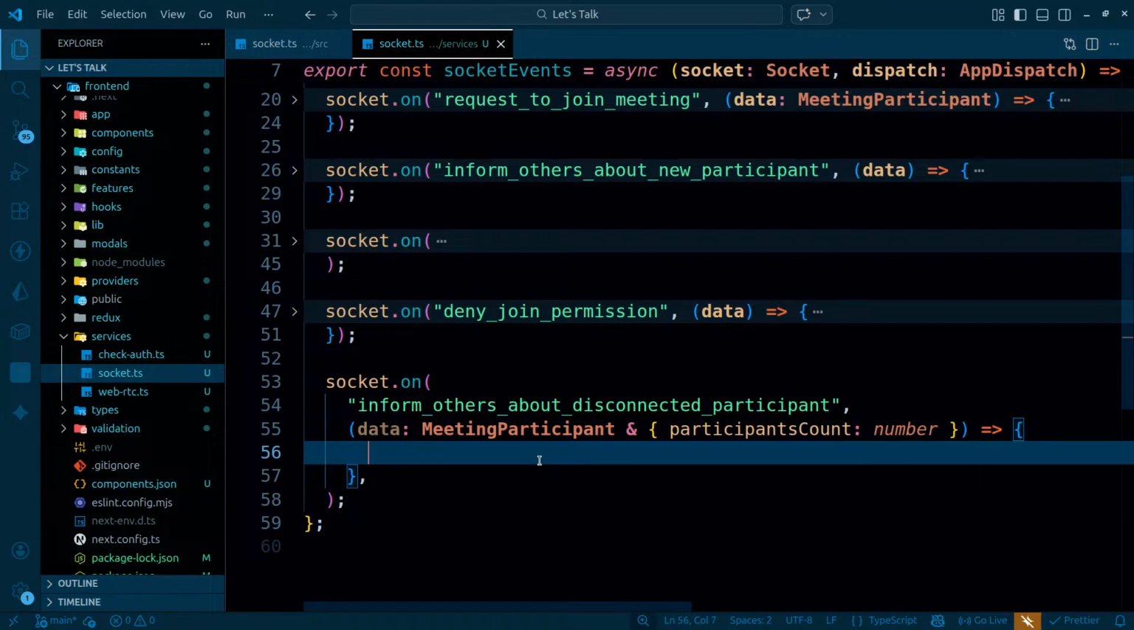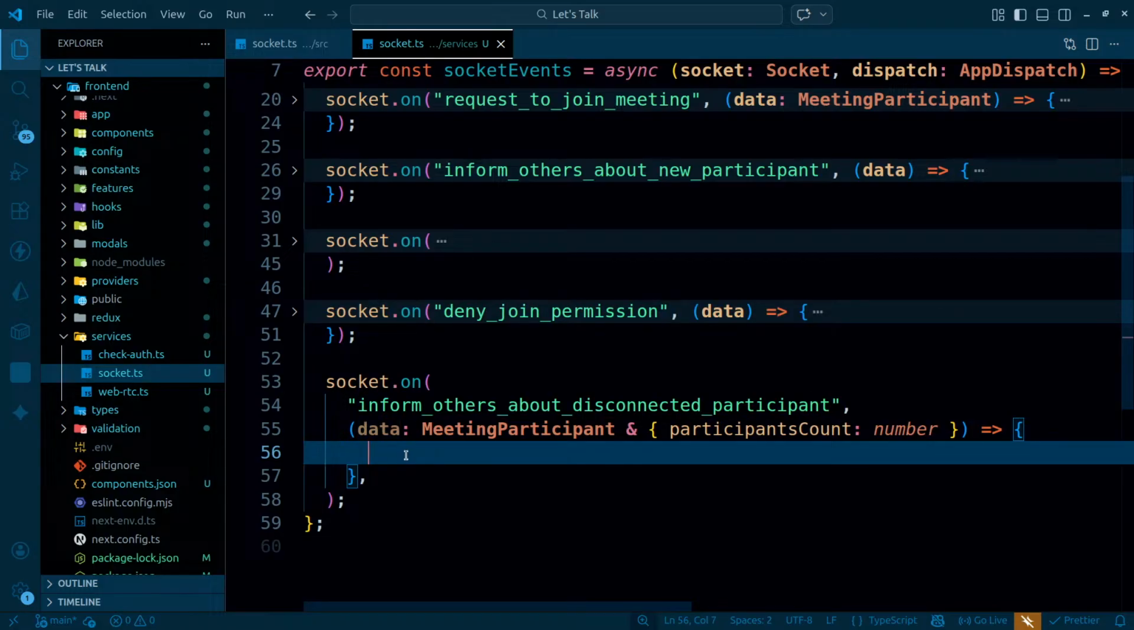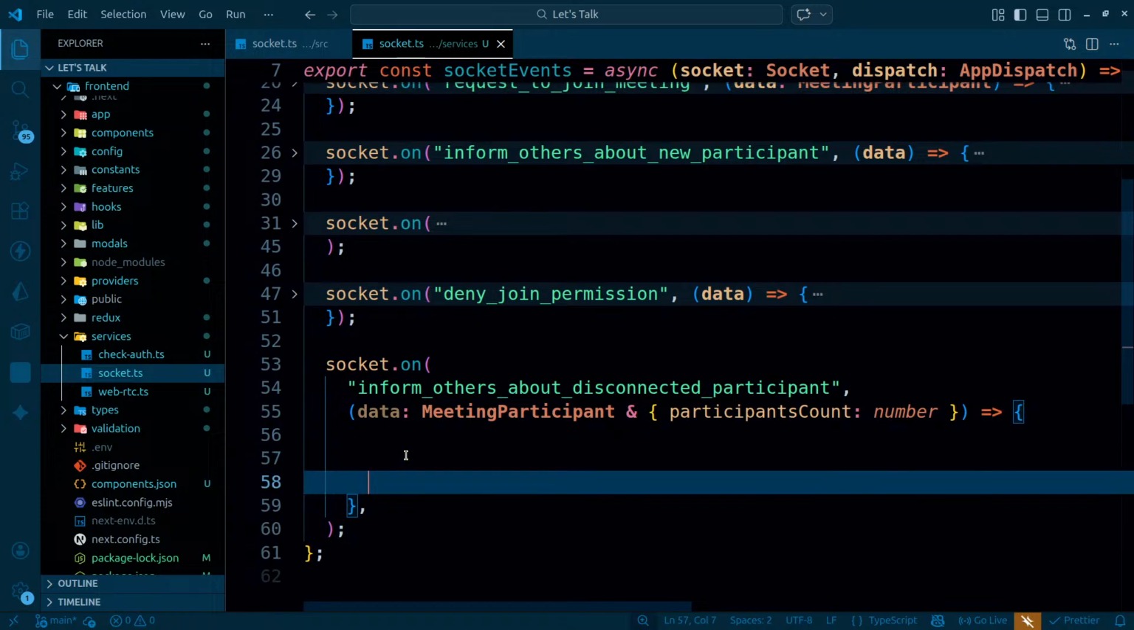And once I actually got my data, right now this data type will contain these two things, meeting participant type and this participants count. And once it contains both, now what will I be doing? First of all, over here I don't even need the data. The important thing is that